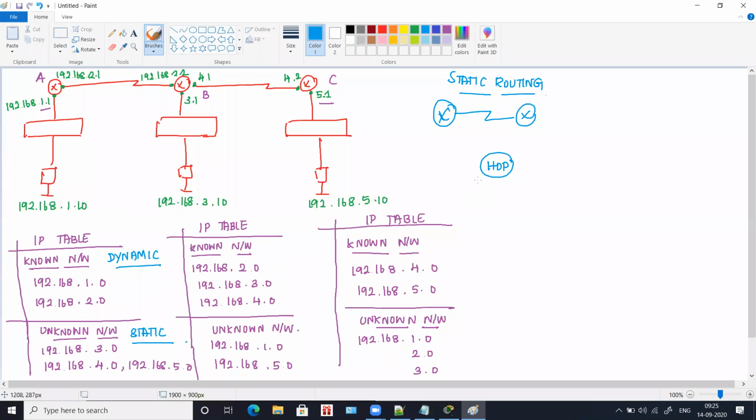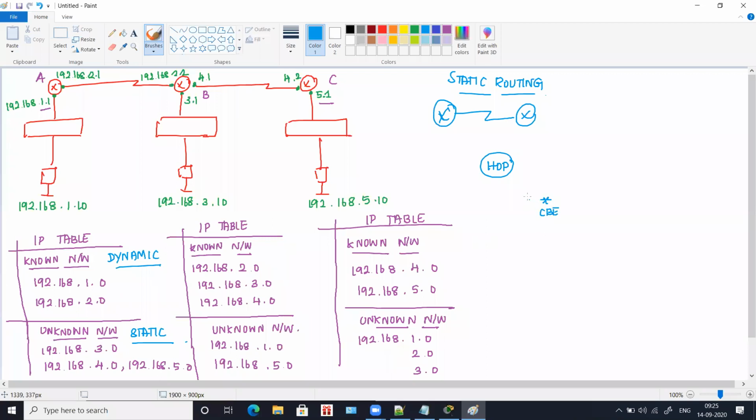What is hop? What do you think is hop? In general terms, what is hop? Jump, exactly. So it is like jumping. So for a real time example, I'll tell you. Say for example, you are in Coimbatore.